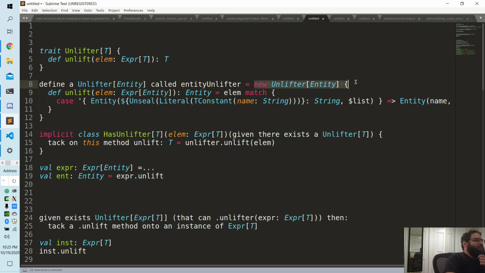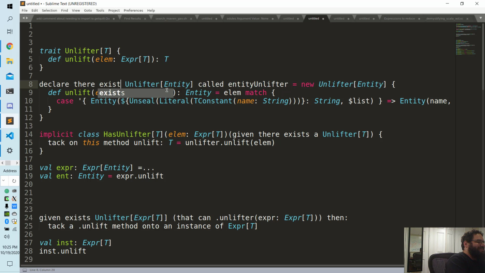It happens to be that we need to define him as a class instance of this trait, whatever. Declare, even better, declare there exists an unlifter of entity called entity unlifter, which, by the way, we don't even care what it's called